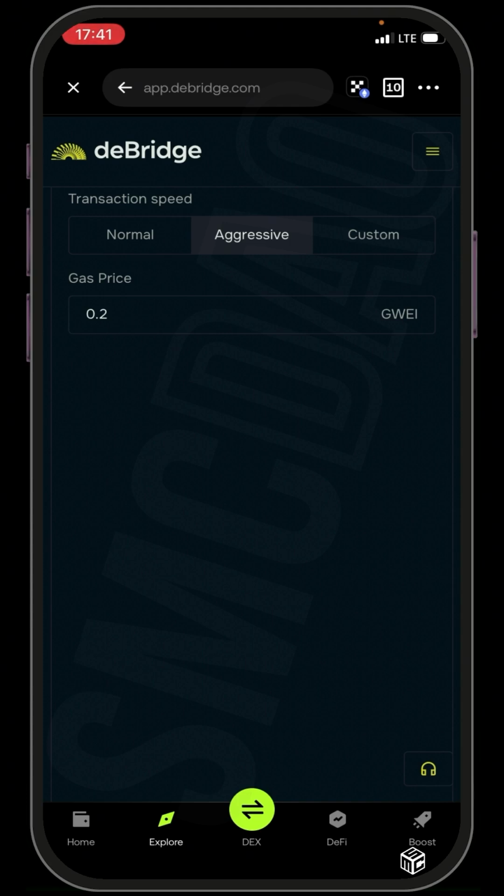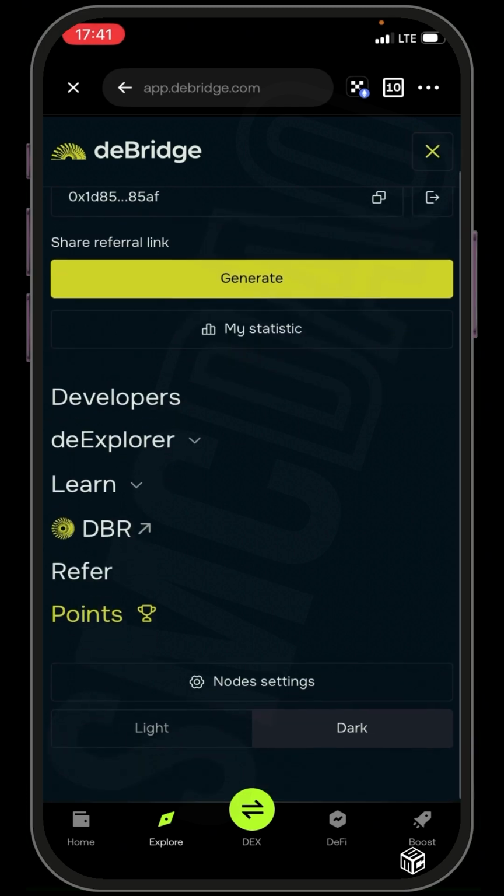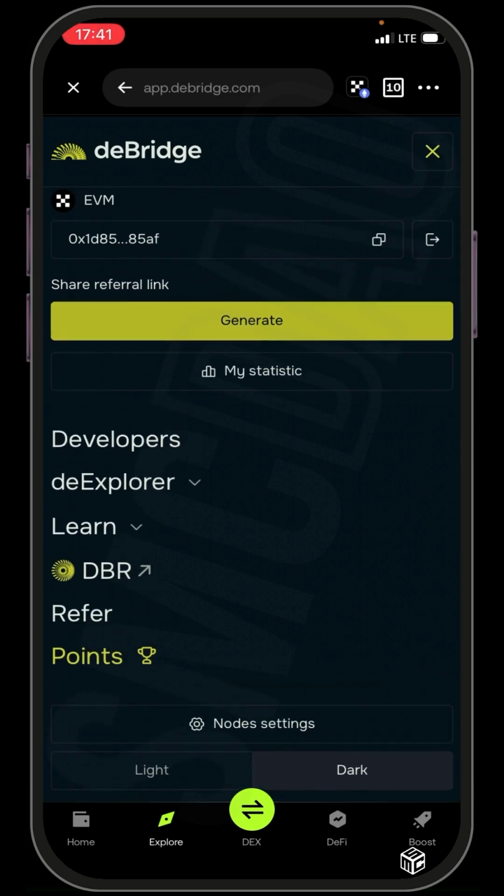So let's click the icon at the top right of our screen. So we have developers, the Explorer, learn, DBR, refer, and points. Okay, so developers is the feature for people building with Debridge. If you're using Debridge to just move crypto, you can ignore this. While learn is where you get to study how Debridge works. Then the Explorer